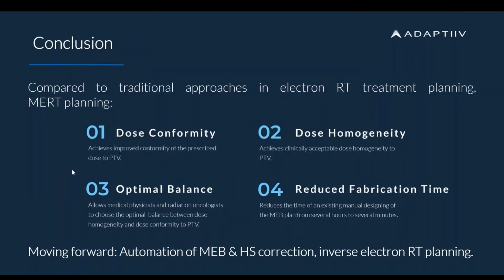So to conclude, our MEB algorithm, MEB module can account for dose conformity of the prescribed dose in electron plans, but at the same time, with our hotspot correction algorithm or our second iteration in our MEB module, we can account for dose homogeneity. And not only that, we can actually choose the optimal balance between dose conformity and dose homogeneity inside electron RT treatment plans. An additional thing to add is